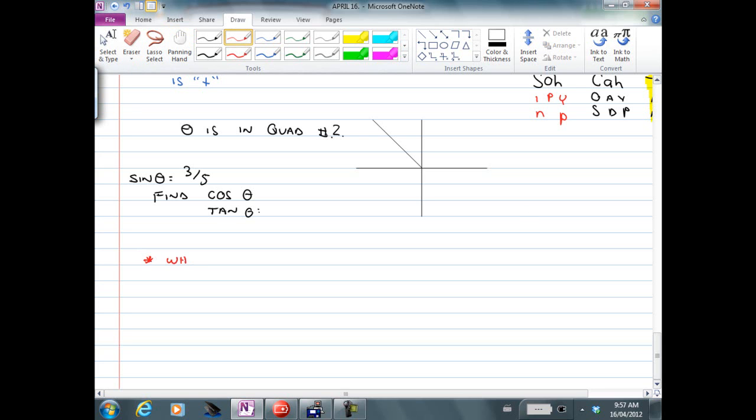When drawing triangles, you must draw it with the x-axis. This is crucial. You must draw it with the x-axis. I'm going to show you how. Okay. Now,